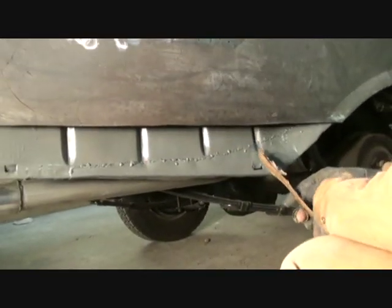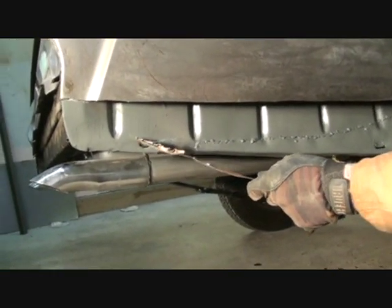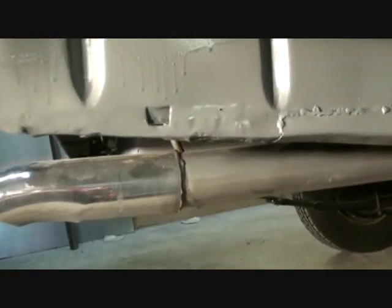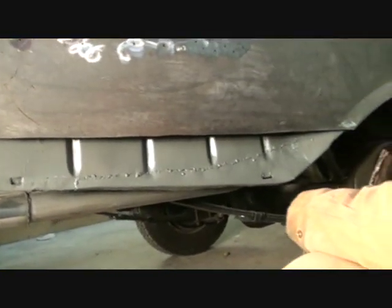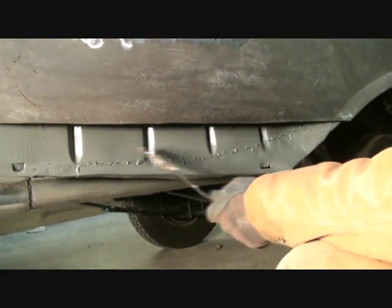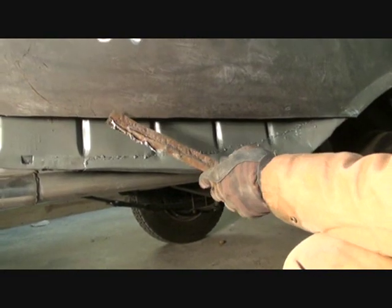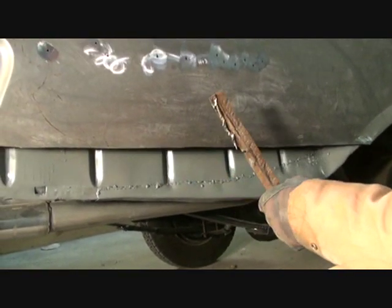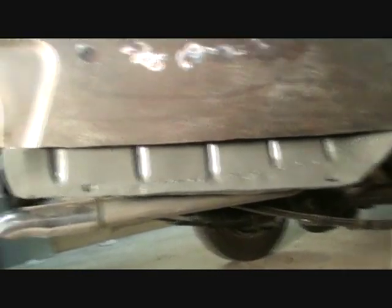I welded it on there. I went ahead and cut me a makeshift drain hole, just like this one, basically like that one, not exactly. Okay, and that's basically how you do patch repair rust. Now, if that was going to show, you can actually come back and grind that nice and clean, and that's what we're going to show you here when we replace our rear quarter panel section. Now, if you look up here,